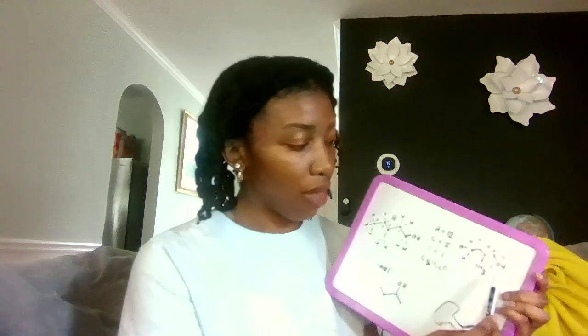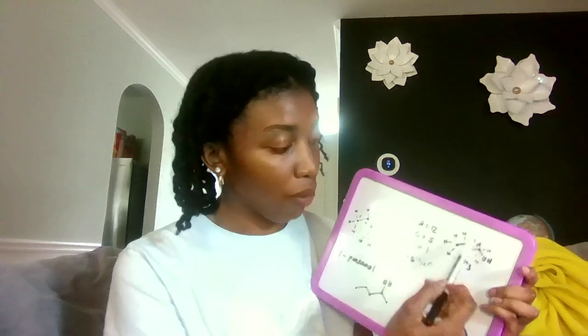And then I drew in a methyl group here, so it's 3, 4, 5, 6, 7, 8, 9, 10, 11, 12 hydrogens, and then 1 oxygen. Count them in total: 1, 2, 3, 4, 5 carbons in total. And there you go. And this would be called, so you have the 1 start closest to the alcohol,